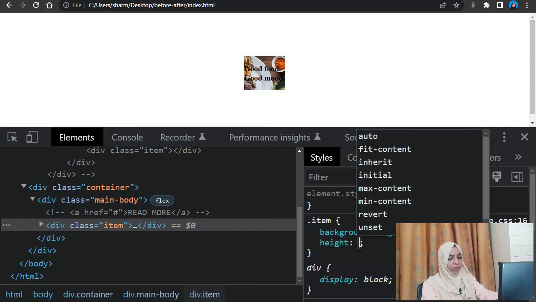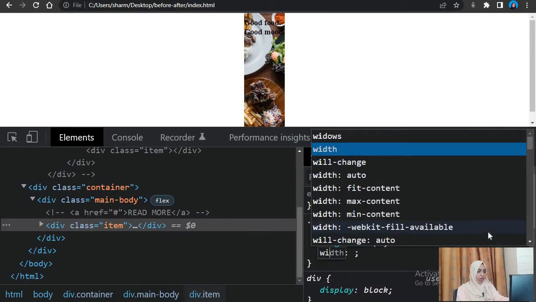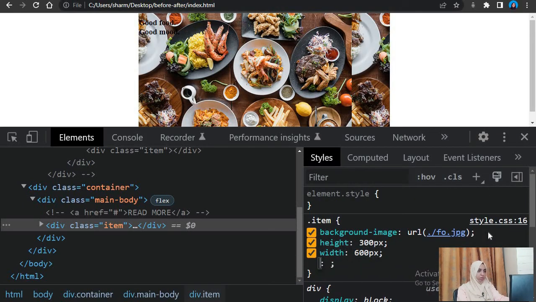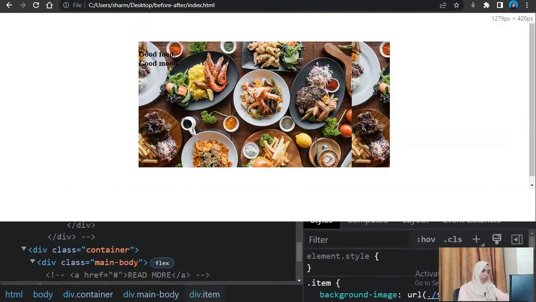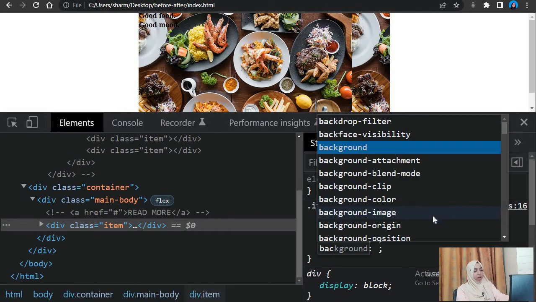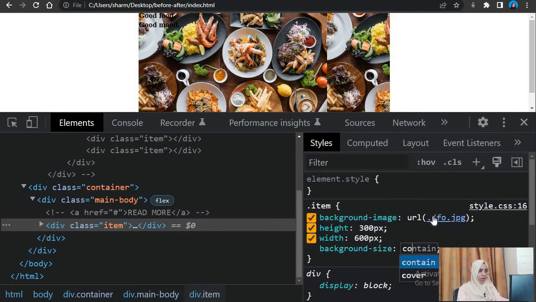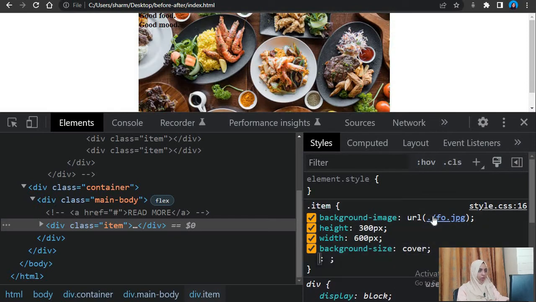No worries, we can give it some height of, for example, 300 pixels and a width of 600 pixels. Looks good, right? Then we have a few background properties, that is background size cover, then background repeat no repeat.